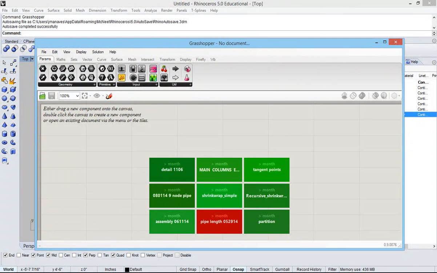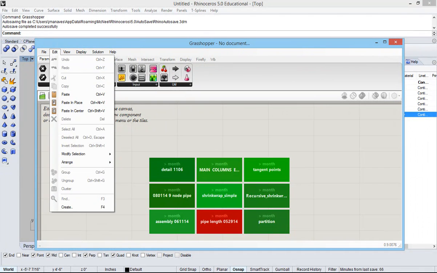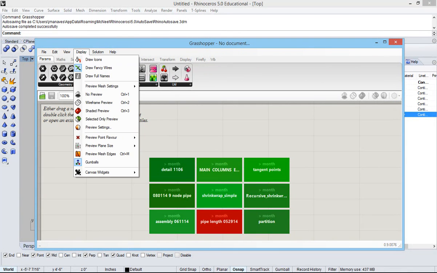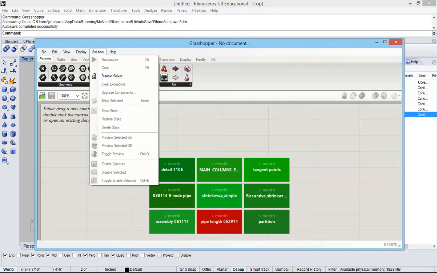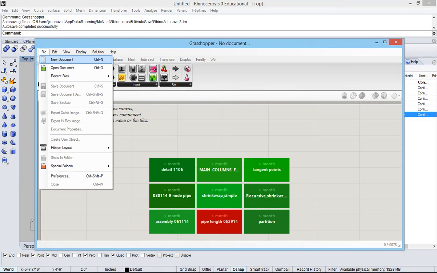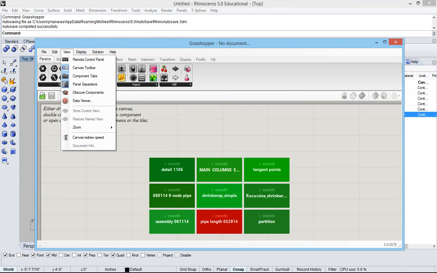So what is the interface like? Again, the interface is based off of this idea of having these very specific components. And these components have inputs and outputs and a body. If we look here, we have, again, file. We have copy and paste, how to view stuff, display things, solutions, help. And then we have the tabs that go through different types of things, like